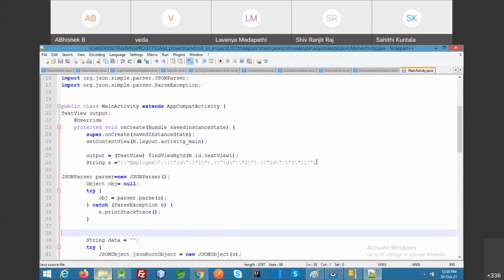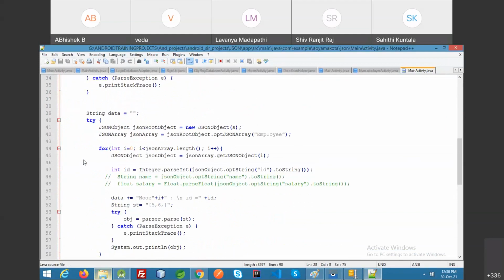Let's suppose this is a JSON. So how will you parse this?